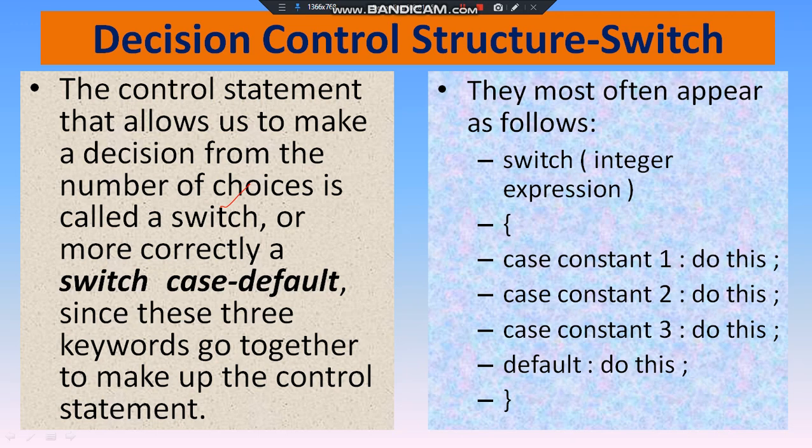If you have multiple choices, in if else cases you have a limited number of choices, one or two choices. For example, we have seen an example on even odd. We had only two choices, either the number is even or the number is odd. Or we had another example on finding the largest among three numbers. In that case we had six different choices.